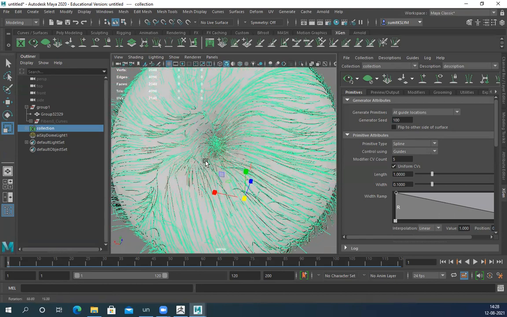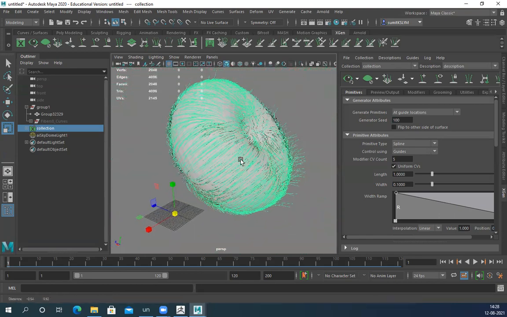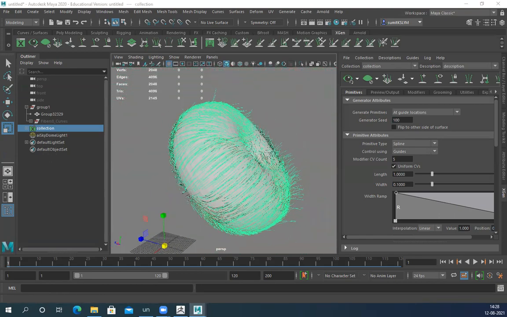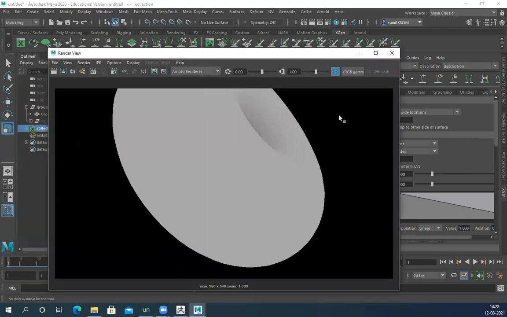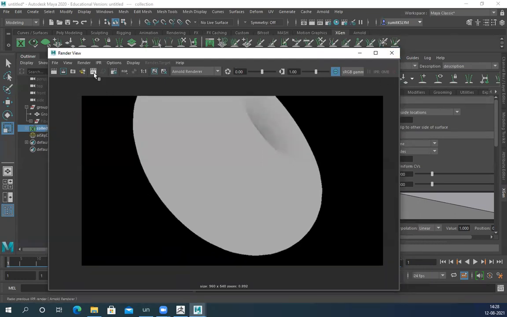And this time it should render. Correct. Why is it not showing anything?